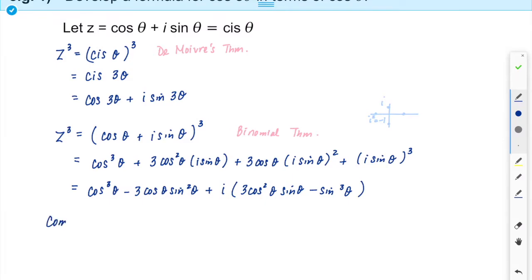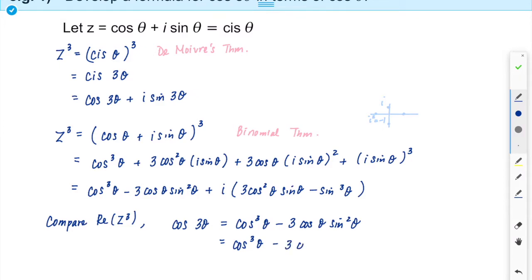So I have cos 3 theta equals cos cubed minus 3 cos sine squared. I want the whole thing in terms of cosine only,